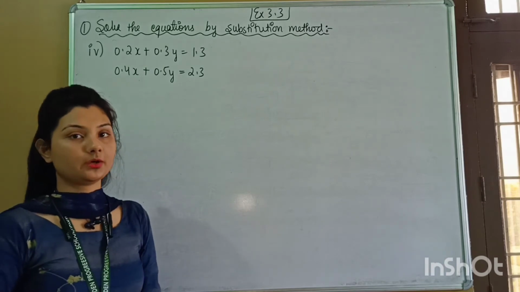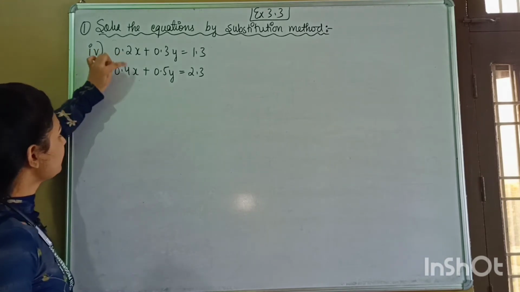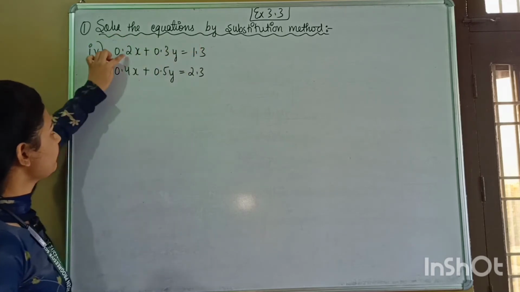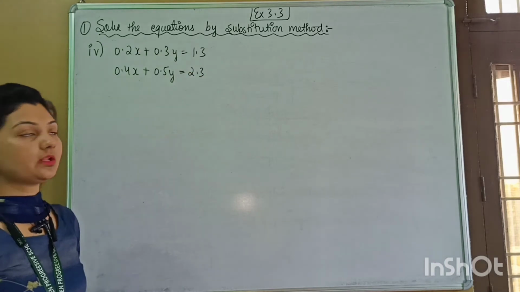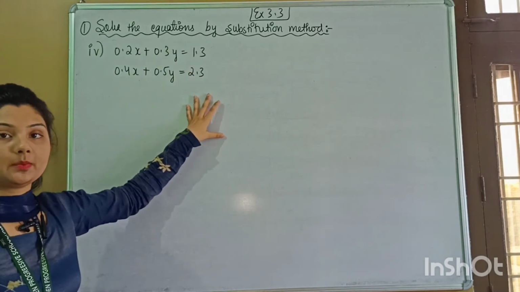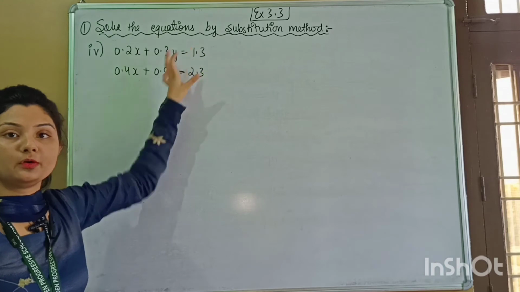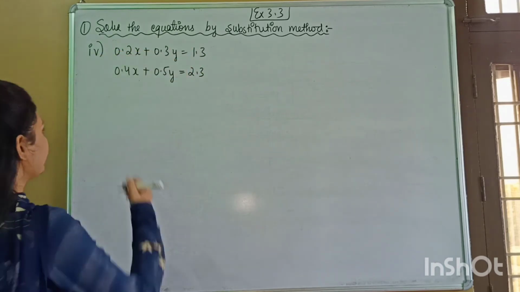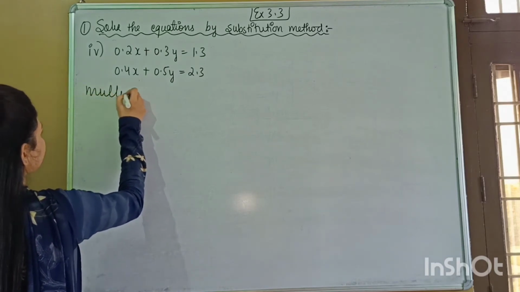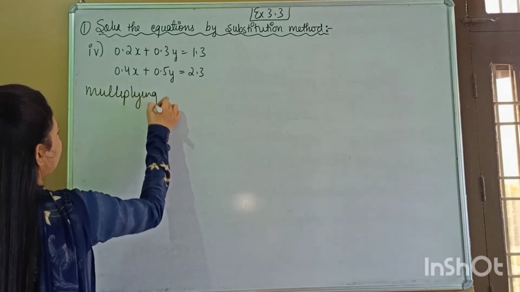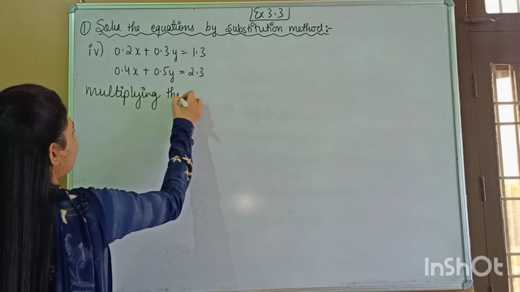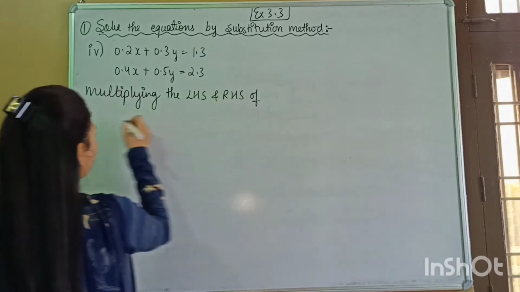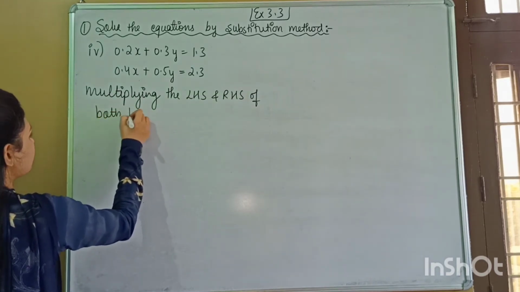But one more thing you can do is, see, everywhere in both the equations after the decimal we have only one digit. See, everywhere we have only one digit after the decimal. So what we can do, we can multiply the LHS and RHS of both the equations by 10, so that we can remove this point from here. Multiplying the LHS and RHS of both the equations